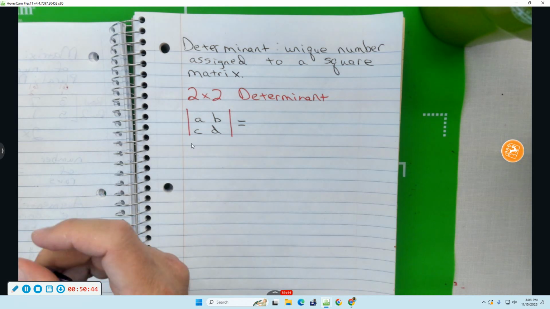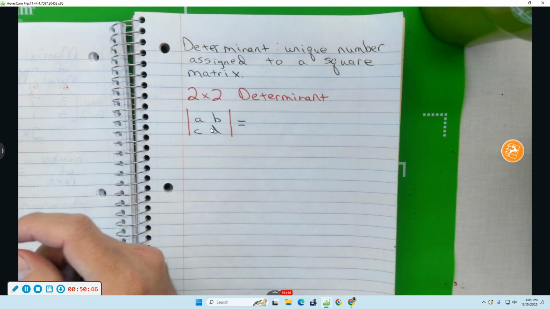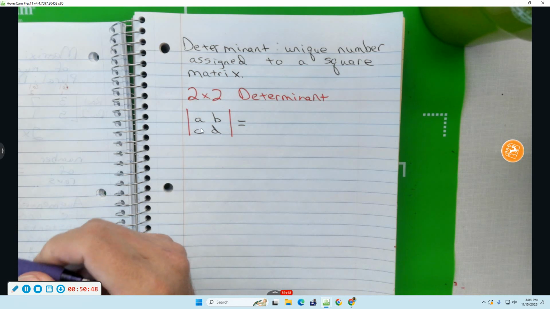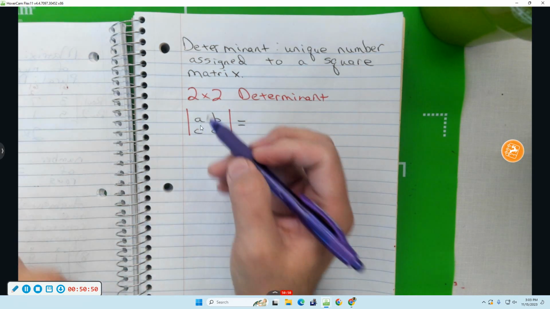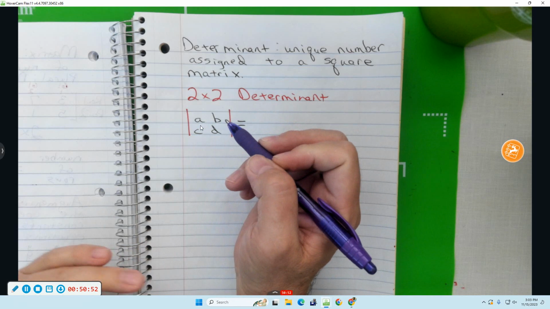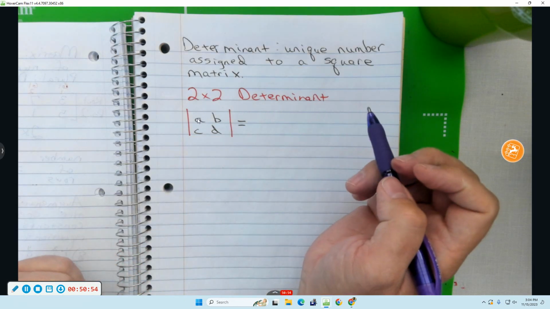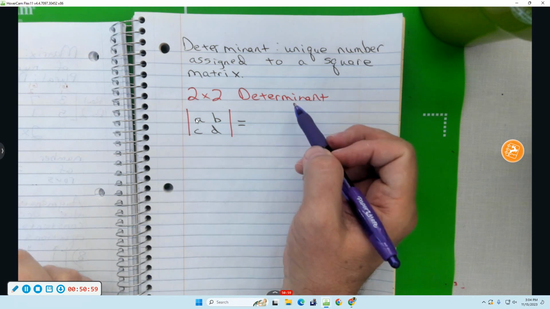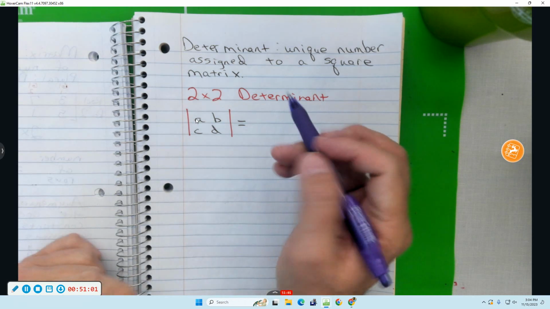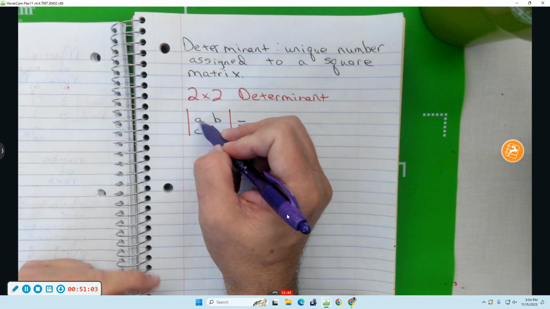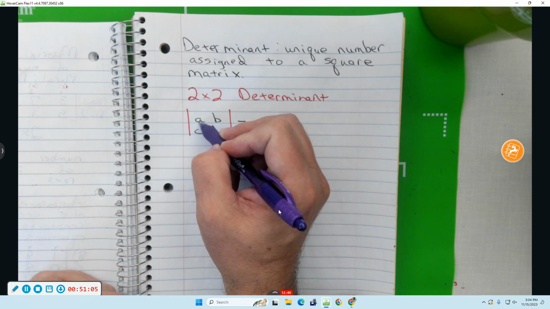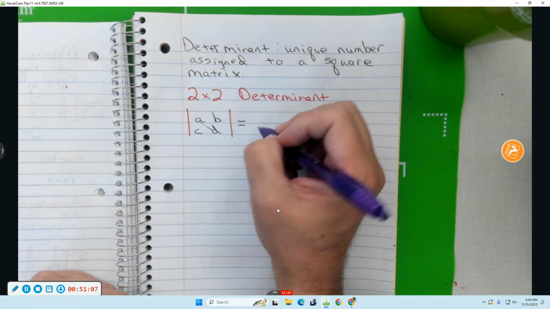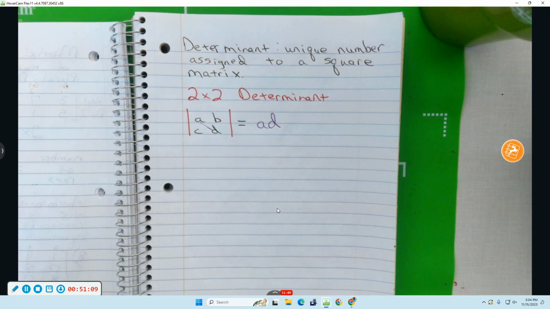A, you start at A. Loosely speaking, a 2 by 2 determinant is the difference of the cross products, starting at the row 1, column 1 position. It's AD minus